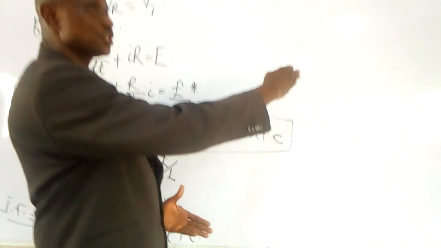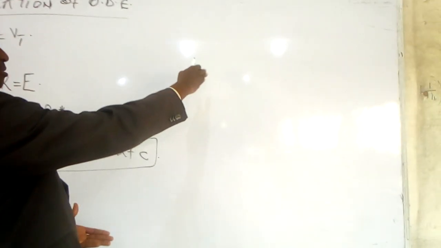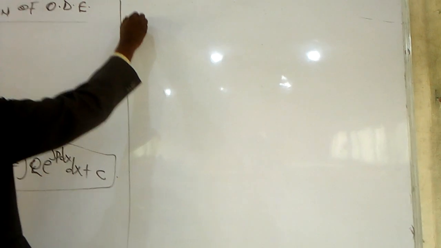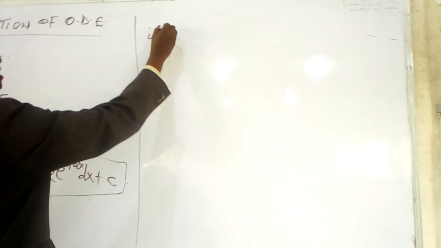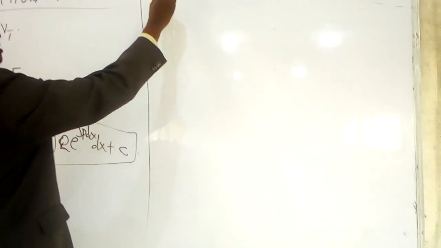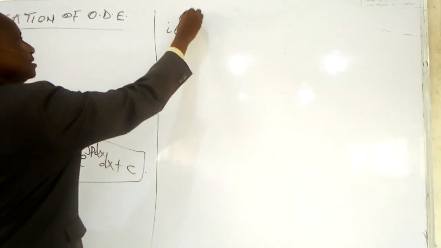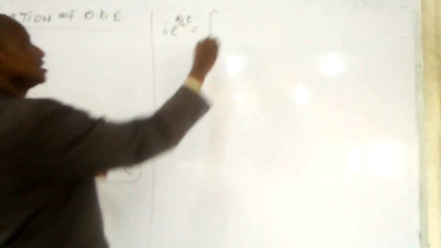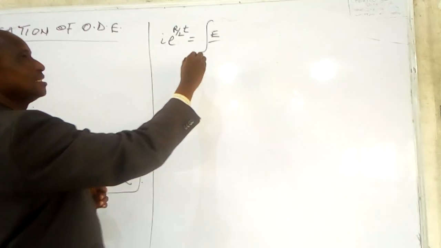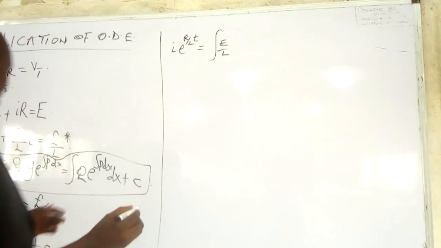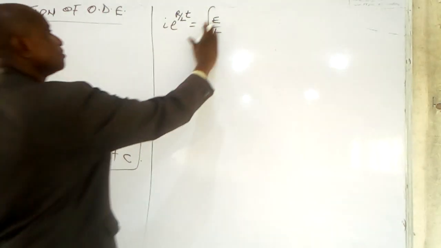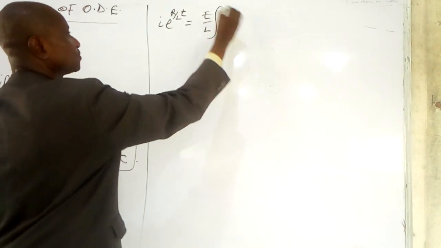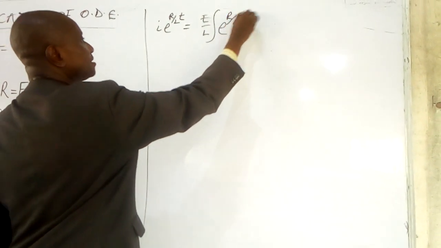We can further this operation in a like manner as a continuity of the relationship. It will now be current exponential integral r over l dt, which gives us r over l t, is equal to integral q, and q was given as E divided by L, the inductance. Since it's a constant, we bring it out, 1 over L, integral of exponential R over L t